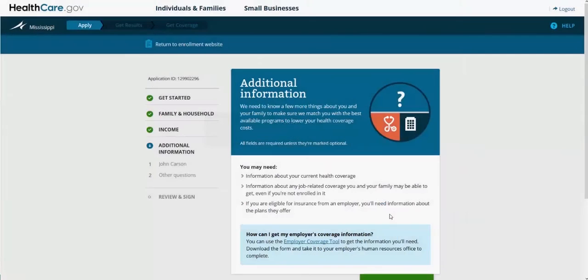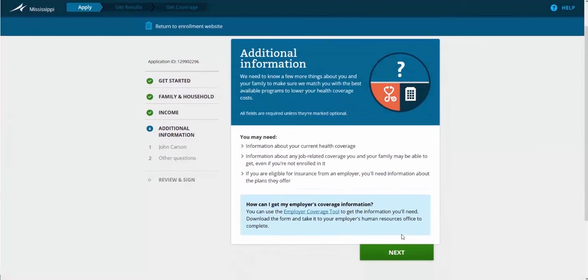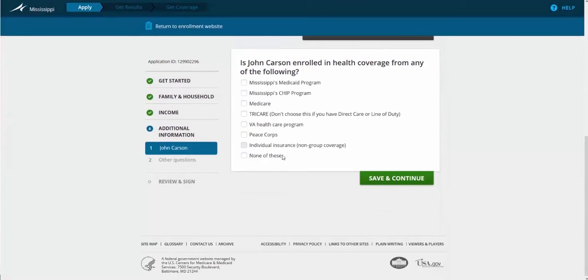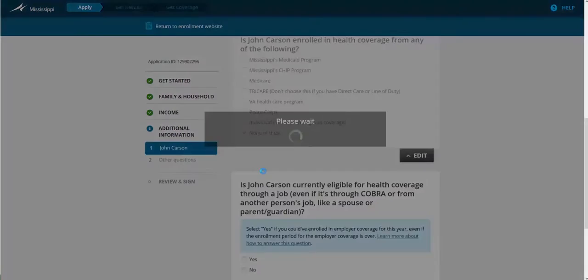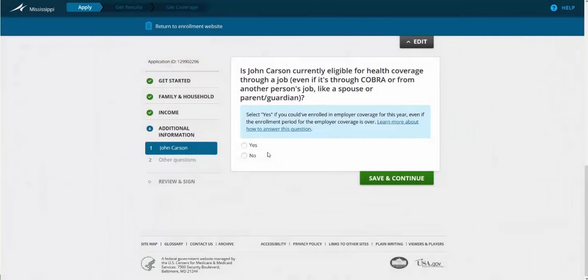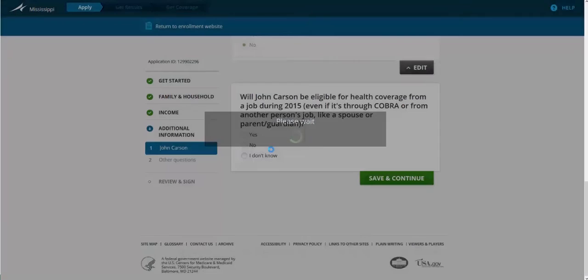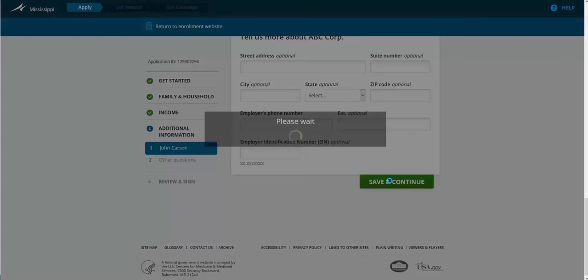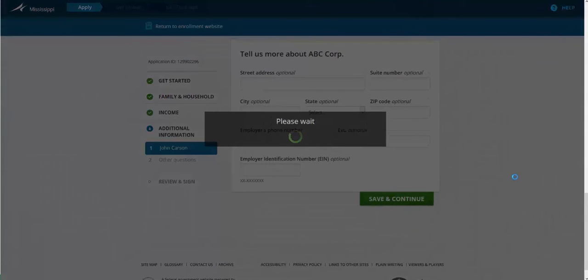The additional information screen displays with a list of items you may need. Click Next. Answer the questions pertaining to enrolled in health coverage. Click Save and Continue. Answer the eligible for health coverage COBRA questions. Click Save and Continue. Answer the question about being eligible for health coverage or COBRA from another person. Click Save and Continue. If you entered income from an employer, the Tell Us More About the Employer You Identified